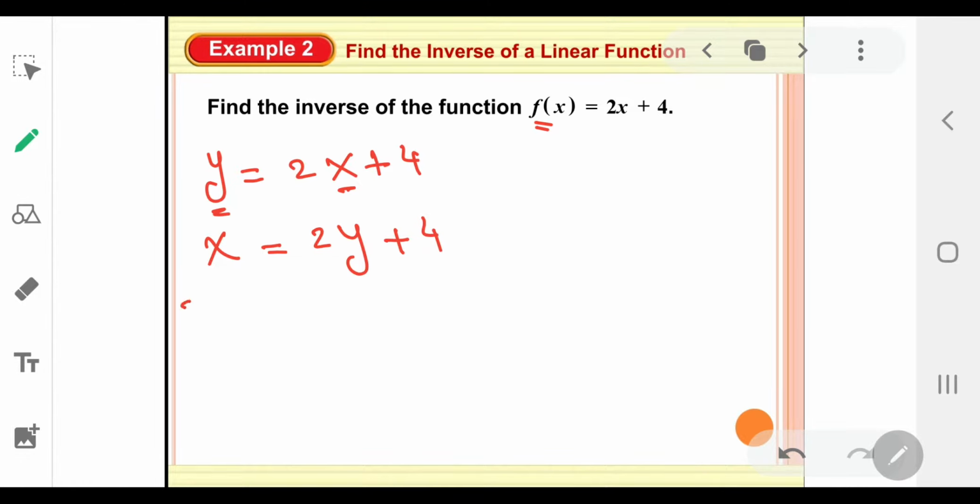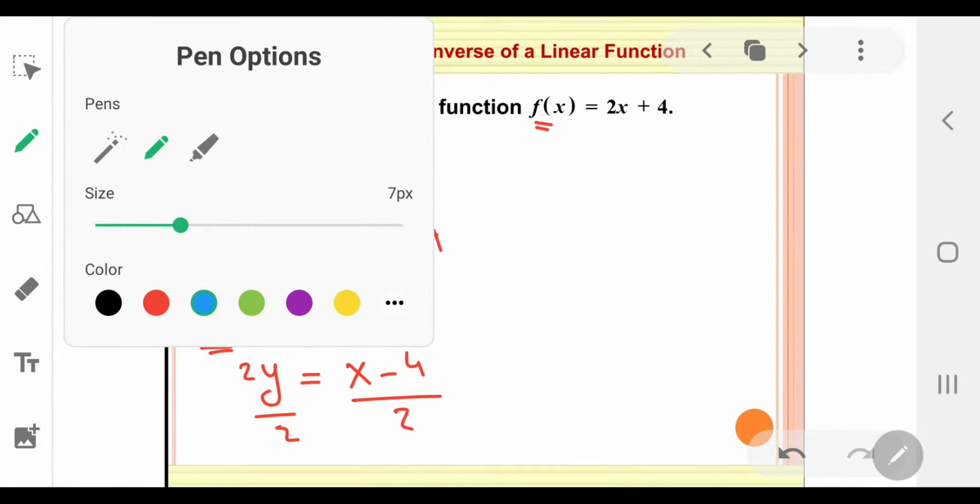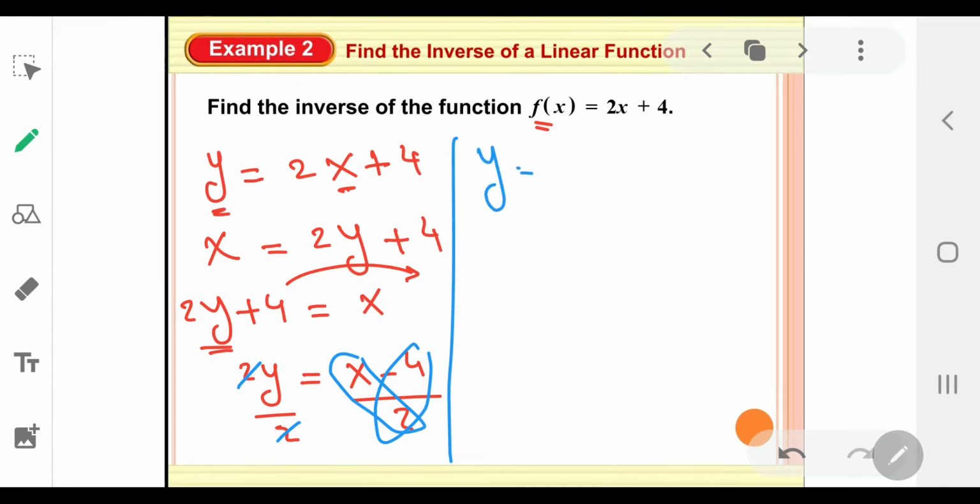If it's easier for you to rewrite it like this, make the left-hand side on the right and vice versa, the right-hand side on the left and the left on the right, it's easier like this, so you can isolate y easily. I'll start by dragging 4 to the other side, and now I'll divide both sides by 2. I remind you again, dividing the right-hand side, which consists of 2 terms, means each term will be divided by 2. And now the y is totally isolated, so it is y equals x over 2